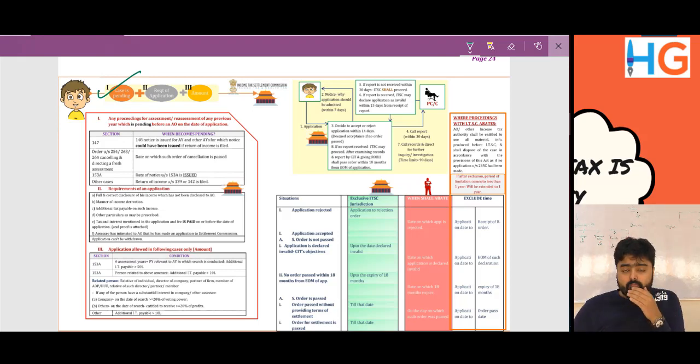We have completed almost all chapters except international taxation, settlement commission, and search and seizure. We'll be discussing two chapters today, settlement commission and search and seizure. Together they may come in your exams for 6 to 8 marks. They may separately come for 4 marks each, or one chapter may come for 4 marks and the other may come in MCQs for 2 marks. So these are very important chapters for you to score in. We'll be starting off with search and seizure.